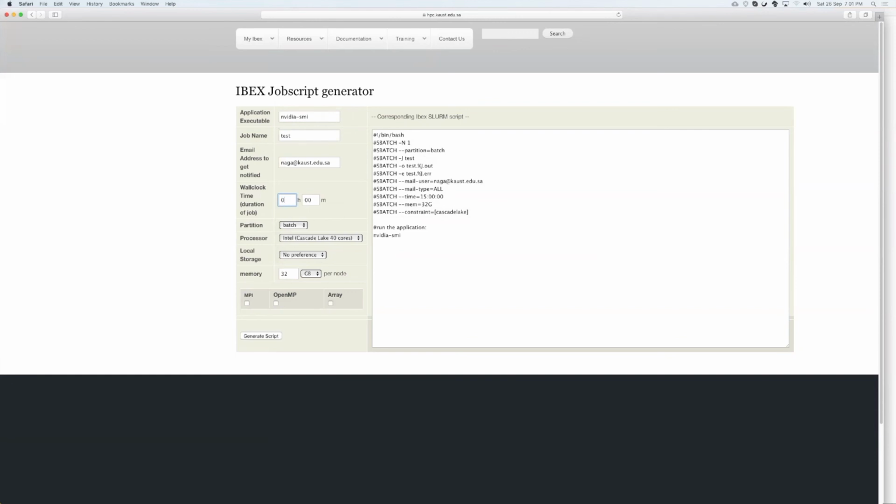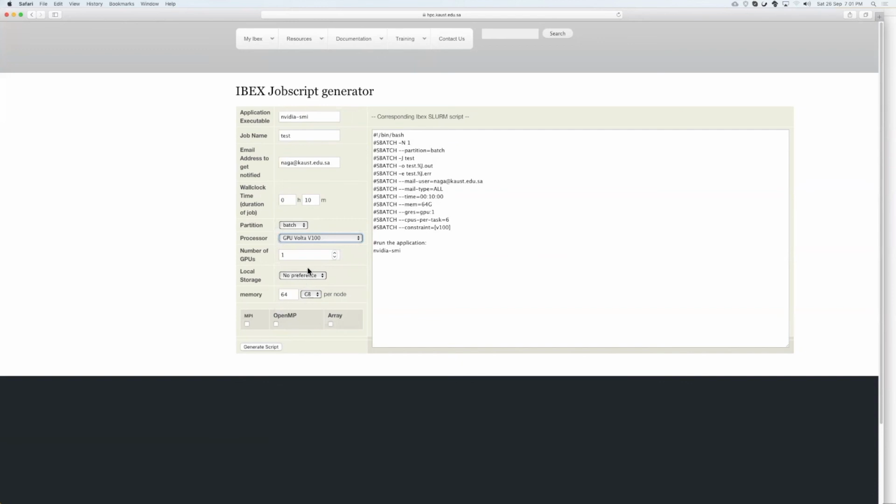In my job, I'm interested in running for 10 minutes, with a specific GPU architecture, Volta, and I'm interested in running nvidia-smi with 4 GPUs. So those options need to be selected.